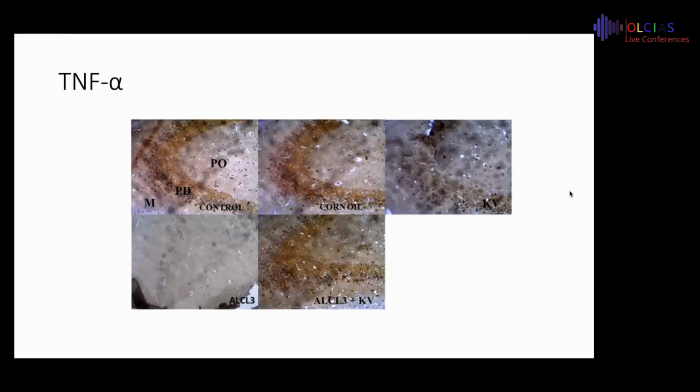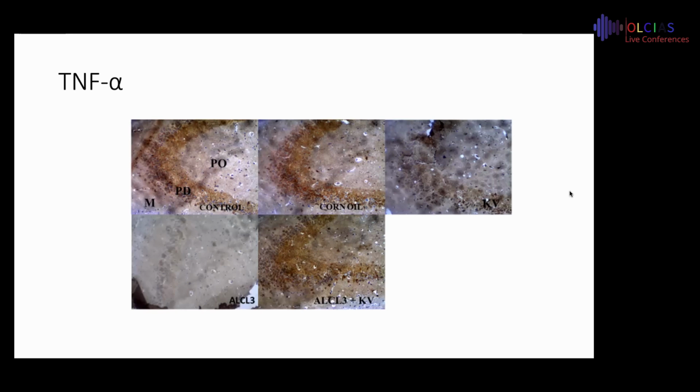Yes, the last immunohistochemical marker we used is TNF alpha, which is the tumor necrosis factor. The tumor necrosis factor positive cells indicate inflammation, and here in the control group, there's a decreased level of those tumor necrosis factor positive cells. Those are the brown stained color we are seeing here. Those are the positive cells. But if they are lighter, that means that there's an increase in the level of those positive cells. And here in the aluminum chloride group, you can see that they are lighter. That shows us that there's a sort of inflammation to the